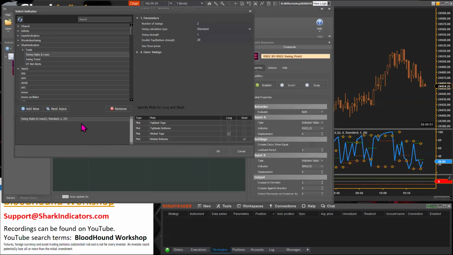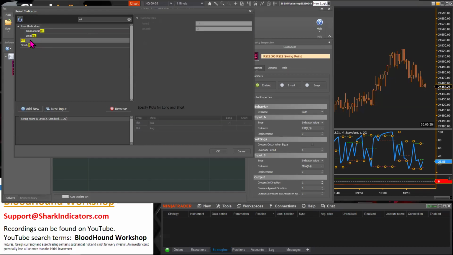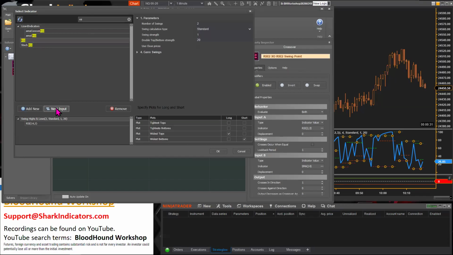So now we need to feed the RSI into the swing highs and lows. So let's do a little search for the RSI. There it is. So this time we're going to do a single click, one click only. So highlight it and then click the Nest Input button. So there we go. There's the RSI being fed into the swing highs and lows.